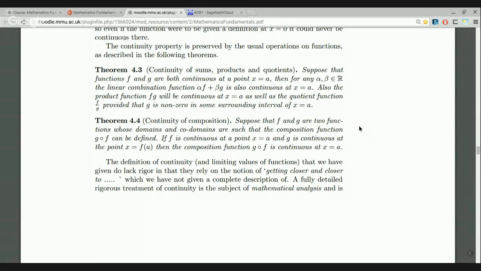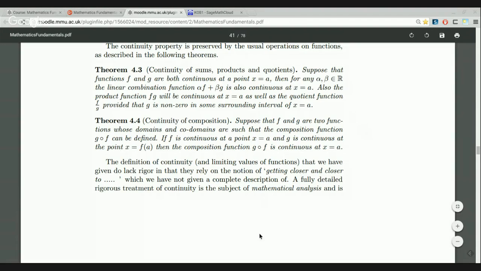And it's this formal definition which will allow us to prove theorems 4.3 and 4.4. And I'll prove the first part of it. I'll prove the linearity part next week for you. Okay, we'll finish there. Do have a look at the end of chapter